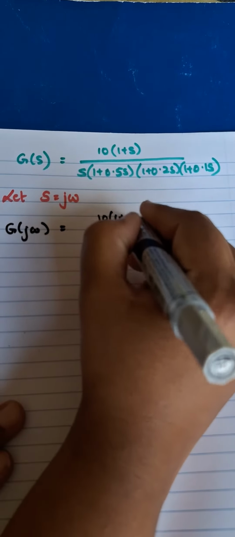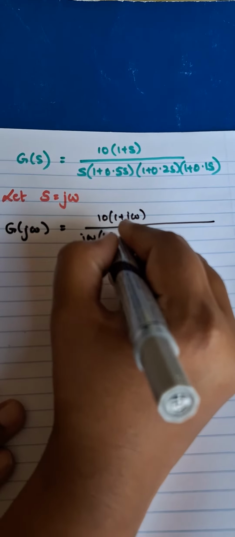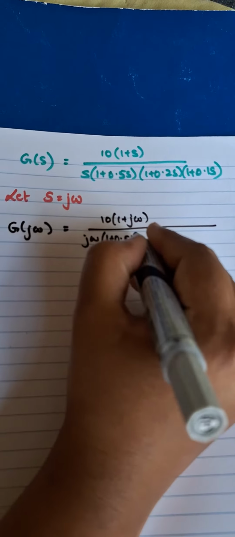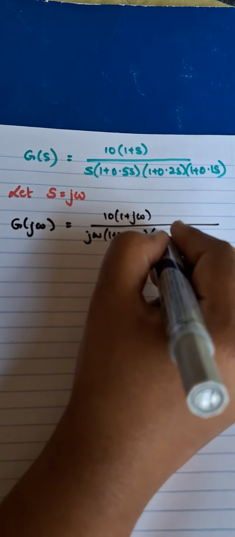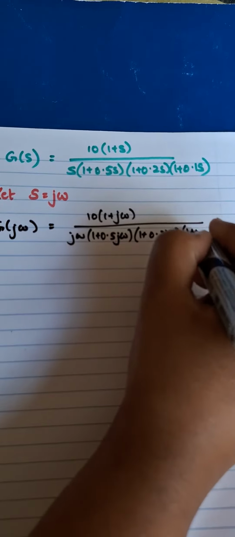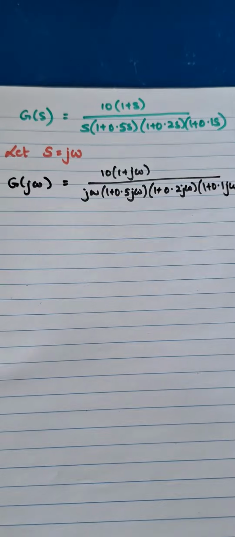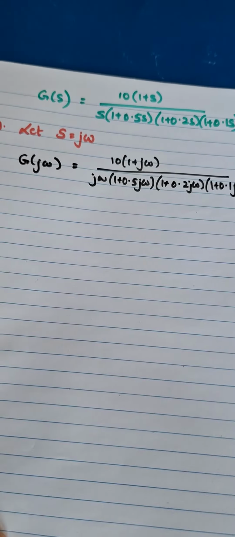10 into (1 plus j omega) by j omega into (1 plus 0.5 j omega) into (1 plus 0.2 j omega) into (1 plus 0.1 j omega). Yes, the first step is done. Okay, now we should find our